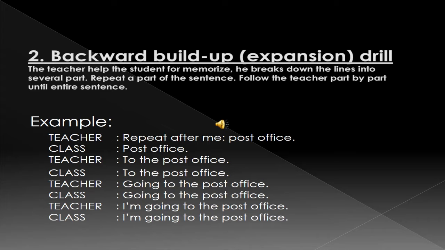and then the student repeats a part of the sentence, usually the last part of the line, following the teacher's cue. The students repeat part by part until they are able to repeat the entire line. The teacher begins with the part at the end of the sentence to keep the intonation of the line as natural as possible. This also directs more student attention to the end of the sentence. Let's see, for example,